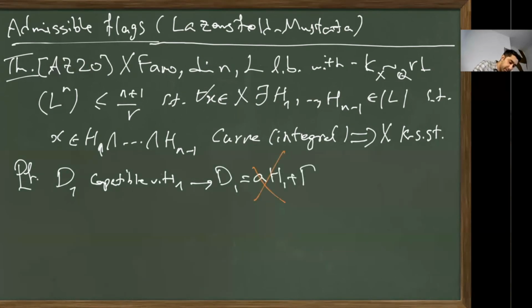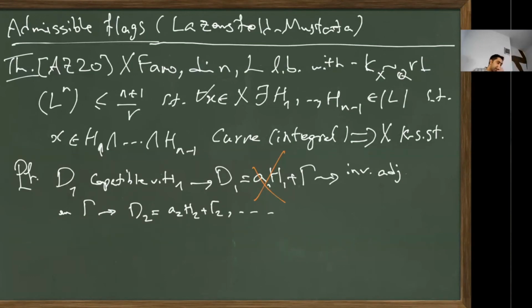What you do is you throw away this one and continue. So this is exactly as before. You do inversion of adjunction. You go on gamma, and then on gamma restricted, of course, you take D_2 to be some, let's say, a_2 H_2 plus gamma_2,